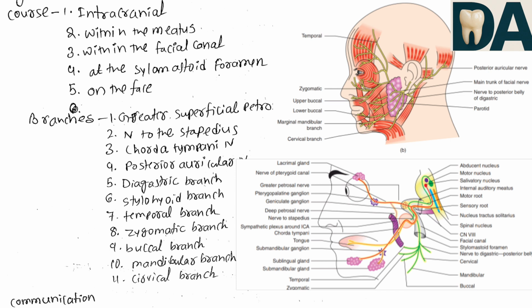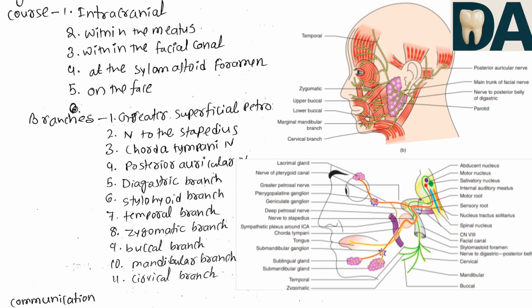The course of the facial nerve may be described under the following five courses: intracranial, within the meatus, within the facial canal, at the stylomastoid foramen, and last but not least on the face. First one, intracranial. After its origin at the pons, the motor root of the facial nerve takes a